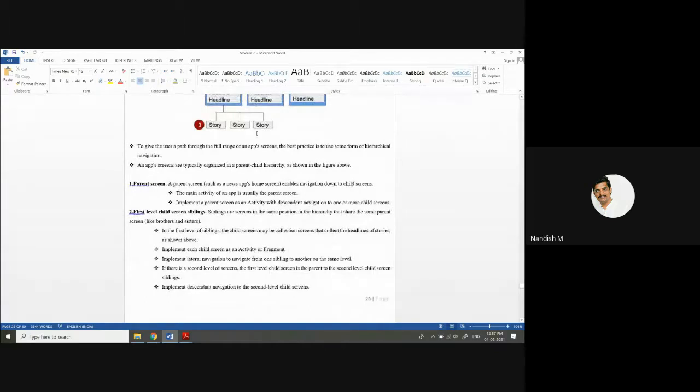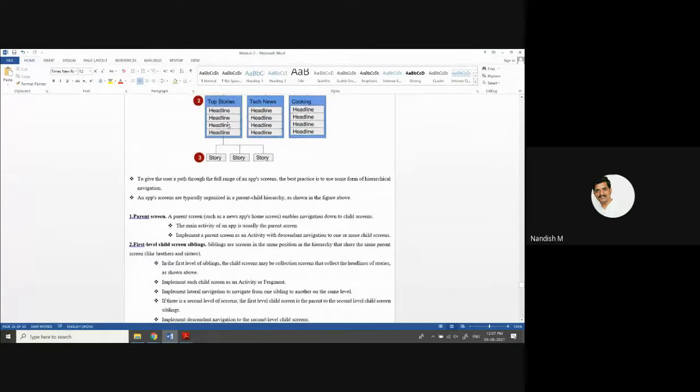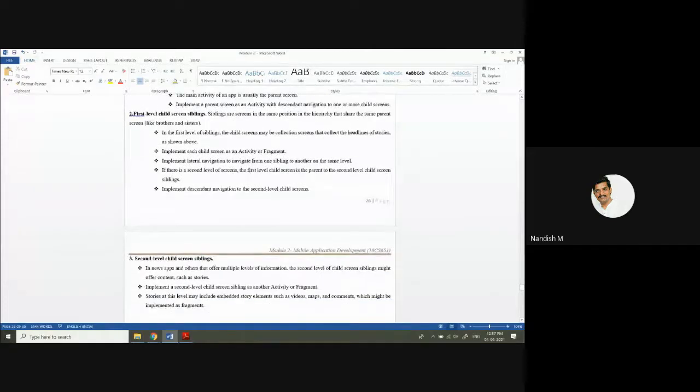And how do you move to the second level child screens? For that also you have to implement descendant navigation. I'll explain what descendant navigation is and how to move from parent to child. And these second level child screens, you can implement with another activity or a fragment.